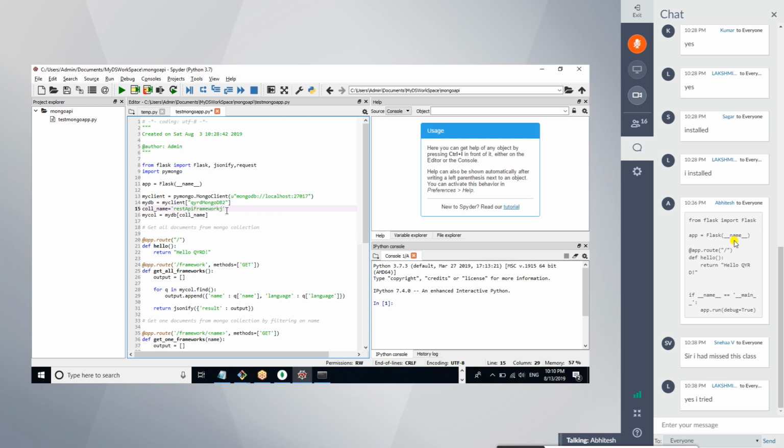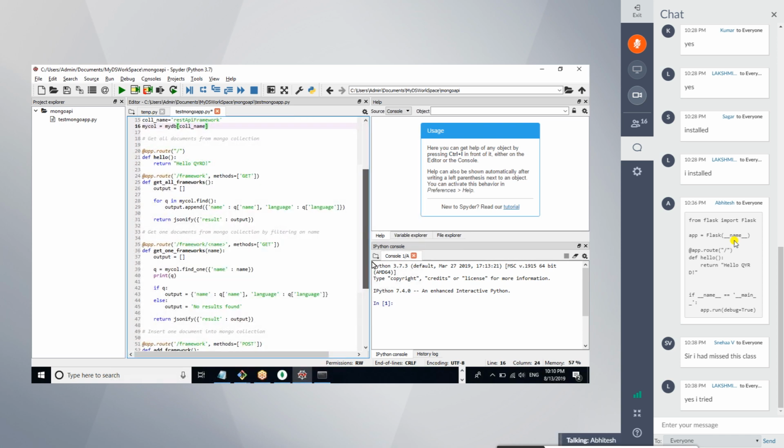Framework. The collection name is REST API framework. Then it will pass to the collection underscore name, and there is one list you created, MyDB, and you pass that object. That's it. You can get this line of code on Google also, on how to make the connection with Python and MongoDB. So once you get that connection,